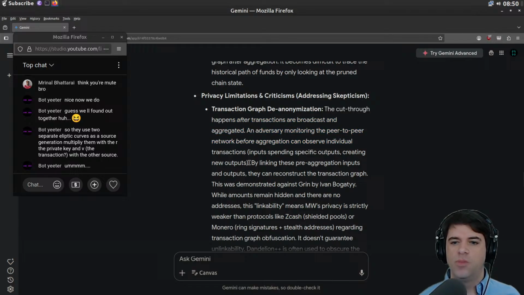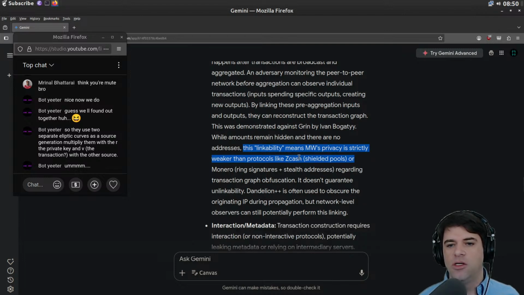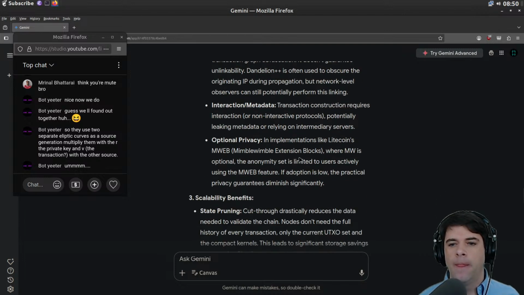It's like a separate finalization of the stuff that's going on minute by minute in peer-to-peer. And then by linking these, they can reconstruct the transaction graph. And this has been demonstrated by Ivan Bogatyy. Okay. So it's weaker than Zcash, which has shielded pools, and Monero, I guess.